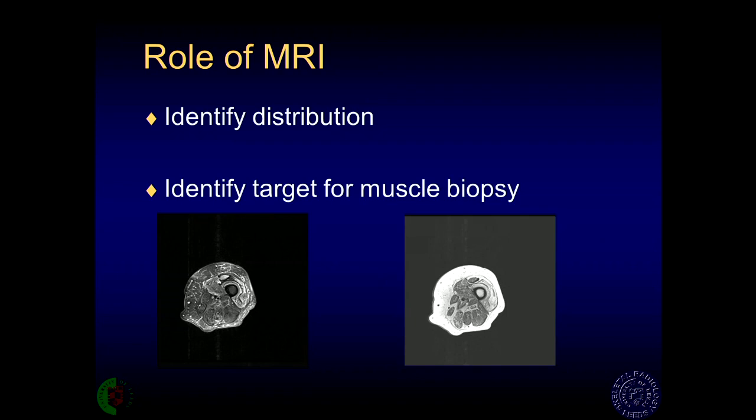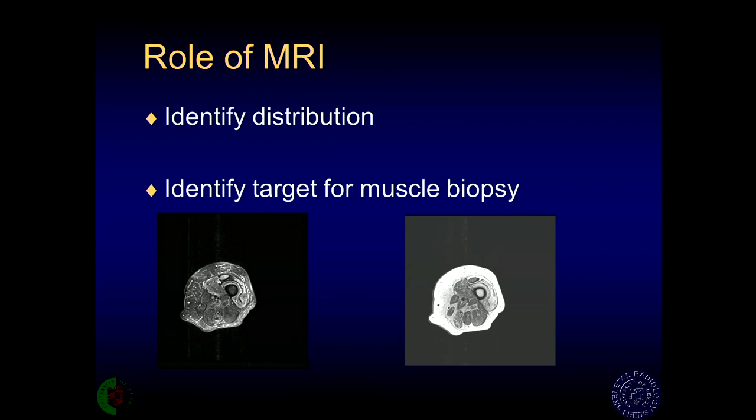Compare that to this case, you've got a much more advanced myositis patient with quite marked fat atrophy in the vastus lateralis and intermedius here, with muscle edema in the vastus medialis and also in the rectus femoris. Some involvement is also present in the hamstrings, with patchy involvement here of the medial hamstrings. So what you've got here is a patient with quite asymmetrical, patchy involvement, and this is typical for inclusion body